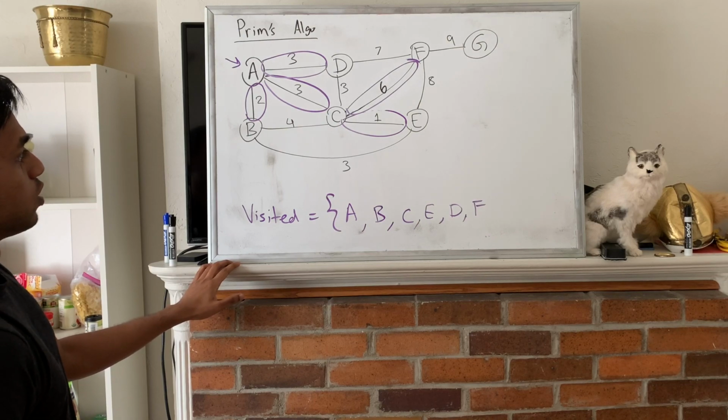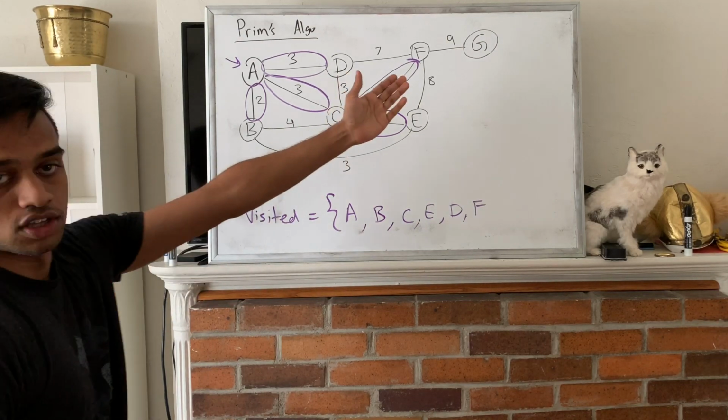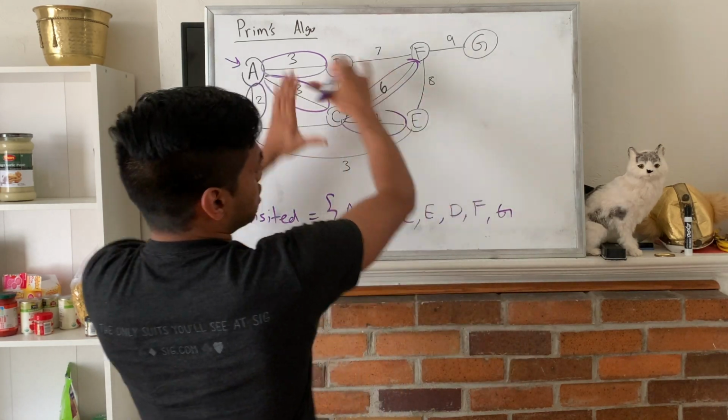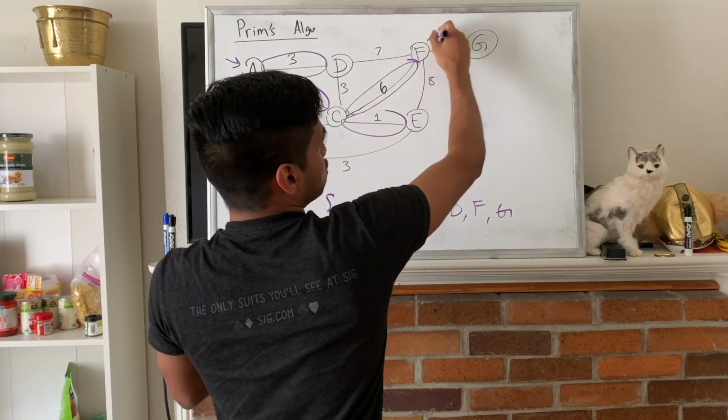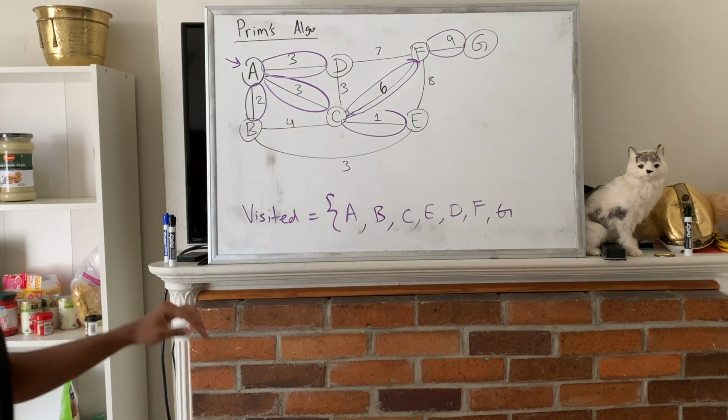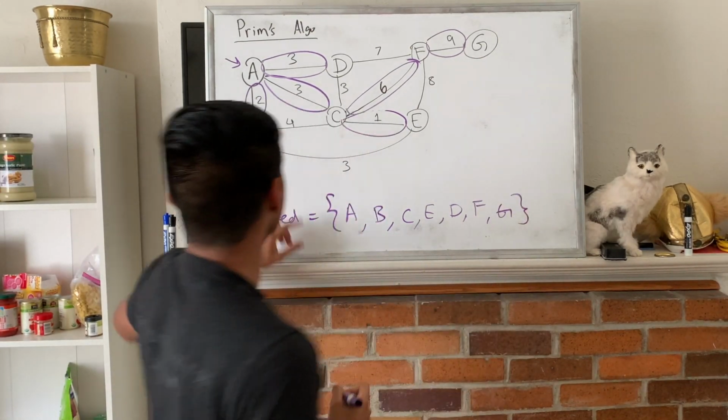And finally, the only vertex we haven't visited yet is G, so we must add that as well. And the only edge crossing from this partition to G is this edge FG. So now we have a minimum spanning tree, and if we just sum up all of the weights, we will